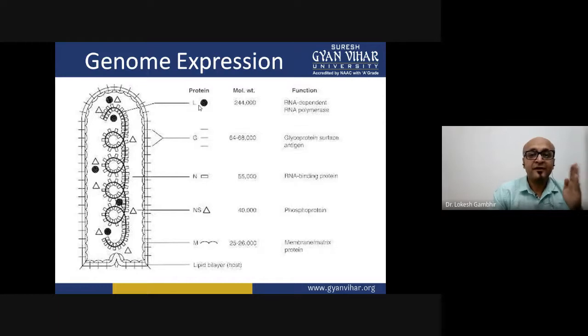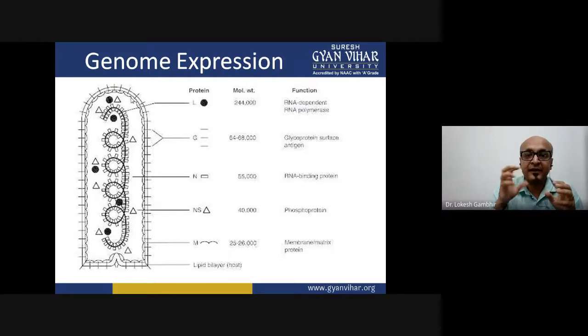Then when we saw the complete structure, there was a presence of a matrix protein just beneath the envelope layer, and that is coded by the M segment, or we call it M protein. So you see, there are only 5 proteins which are coded by the genome, and imagine these 5 proteins in the virus are sufficient to evade all our immune response if no extra management is given under clinical conditions.